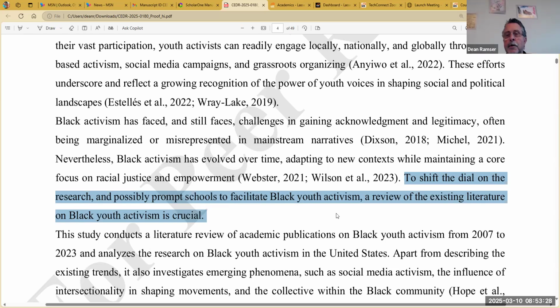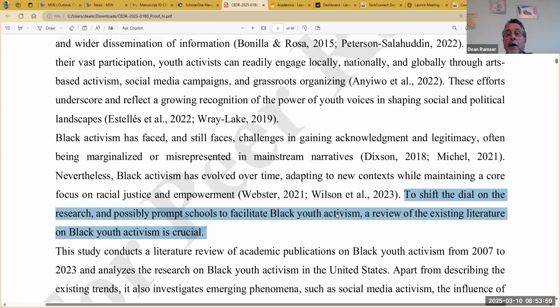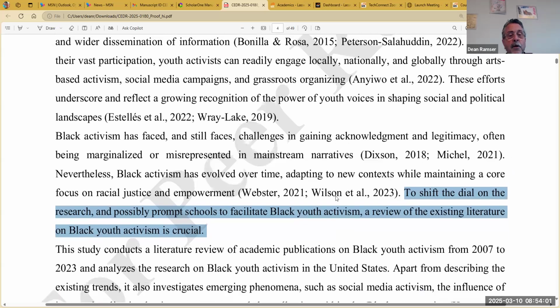Okay, and now they're going to look at existing literature on Black youth activism, like this article that we're looking at, other articles, other publications that examine this topic. So this 49-page essay, this chapter, is going to look at existing publications about Black youth activism. And the reason is because that's crucial, going back to some of the other points, to focus on what is